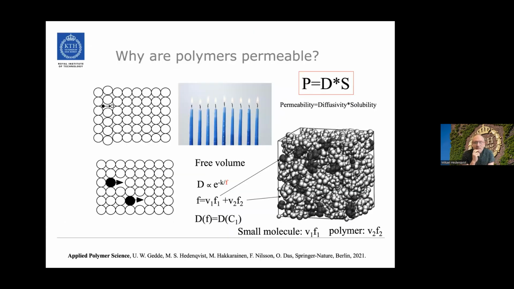So by starting, why are polymers permeable? Why are they not tight like metals or glass? Well, it's because they are not tight materials. There is free space. If you compare to metals, you have essentially two ways of transport, normal diffusion, so to